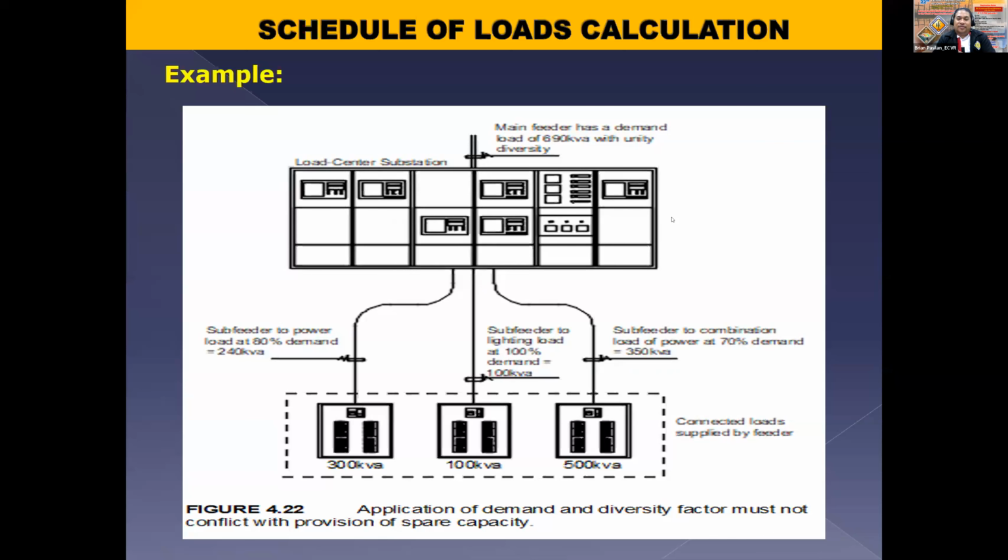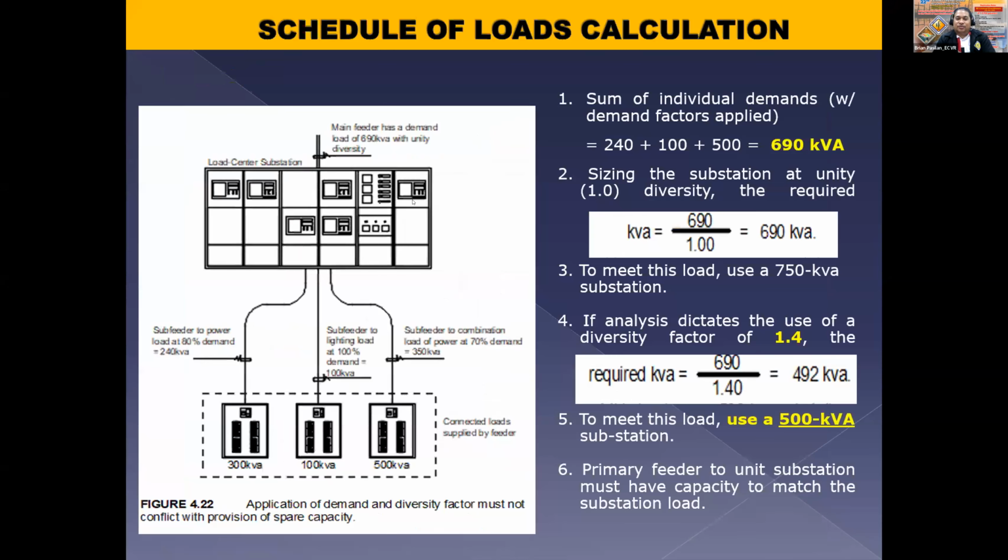Okay. Now, pag i-sum up mo yan, itong tatlong demand na 240, 100, and 350 kVA, it will come up with a maximum demand of 690 kVA, no? Kung ang diversity factor natin is 1. Now, meron tayong pinag-recommend na combination of loads na 1.5 to 2, no? Pag combination of loads yan, power, lighting. So, what is the effect of that? Okay, this one, no? So, kanina, original demand natin is 690 kVA considering applied with demand factors na ito, ha,